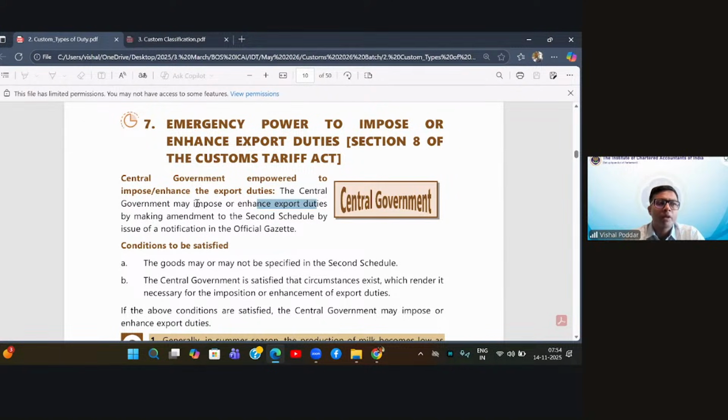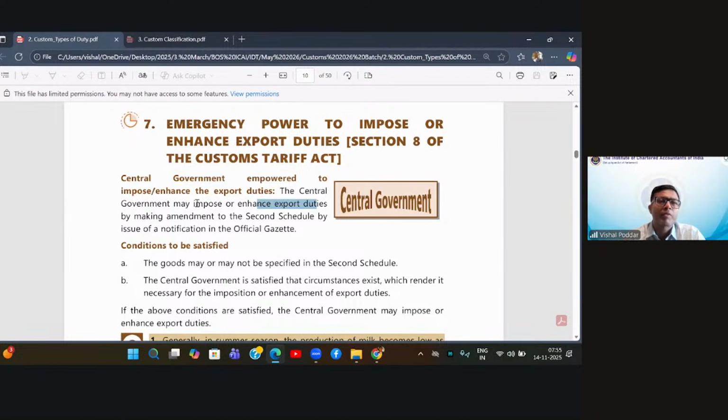Now here this point says that even though the rates are in the Customs Tariff Act and the act can be amended, modified only by the parliament, but since customs, as we are discussing, is levied for one of the major purposes, that is controlling, monitoring what is coming into or going out of India, hence there is a need that some emergency actions are taken. So it may happen that the government may have to take some action immediately if the government gets some information or intelligence that certain goods are coming to India in large quantity, which may affect our Indian industries, our Indian businesses.